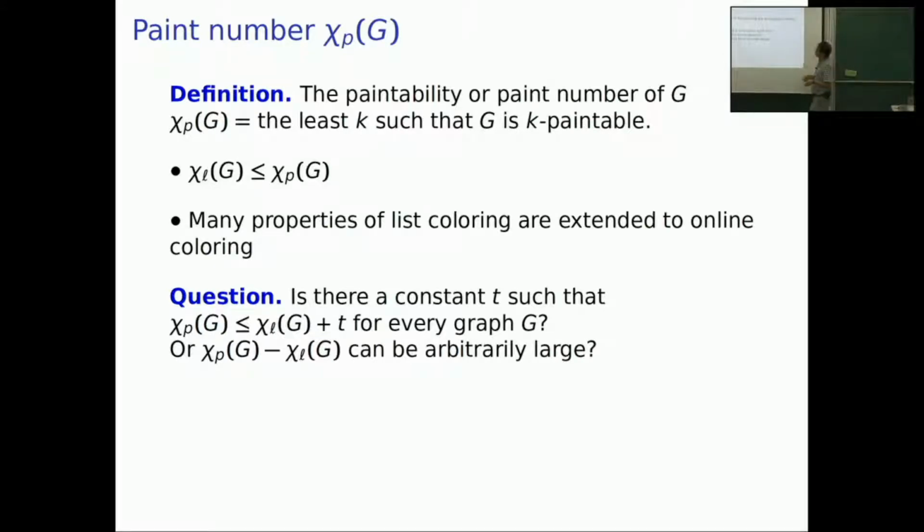So in general, the paint number is at least the list choice number. Also, we can observe many properties of list coloring can be extended to the online coloring version. So one of the main questions was how large this gap can be. I mean, we know there's some graph where the paint number is greater than the choice number, and the previous example was